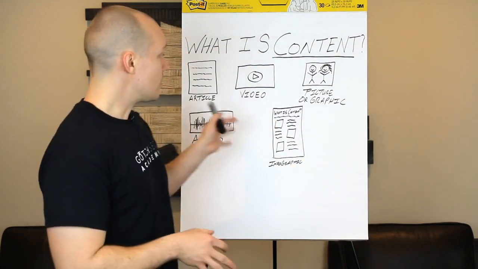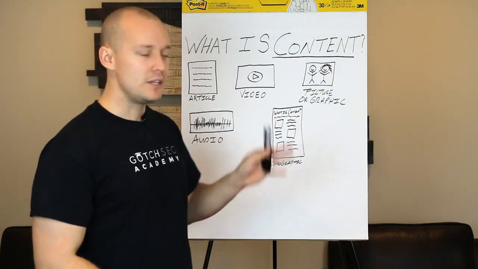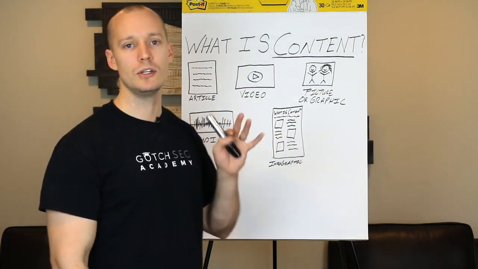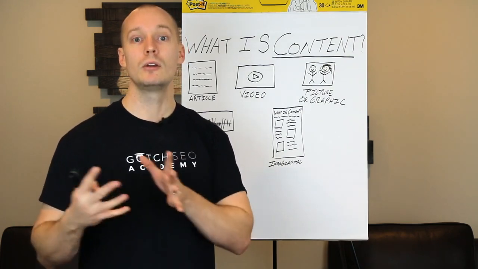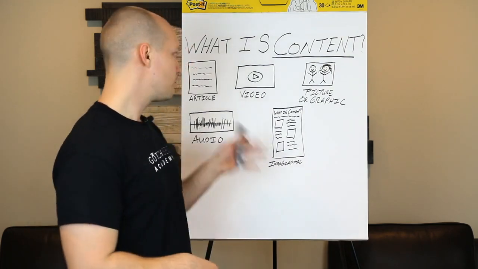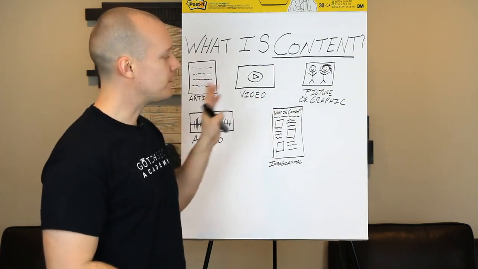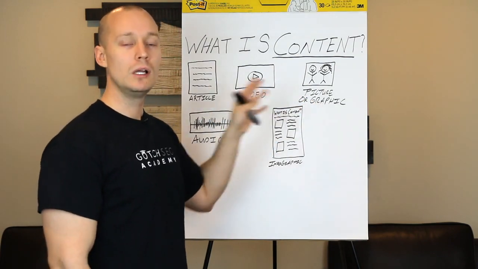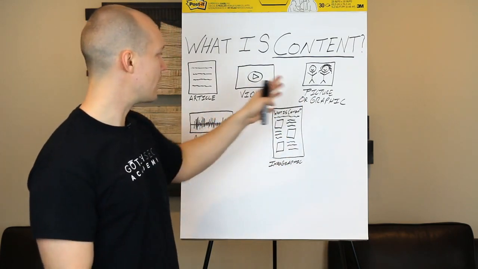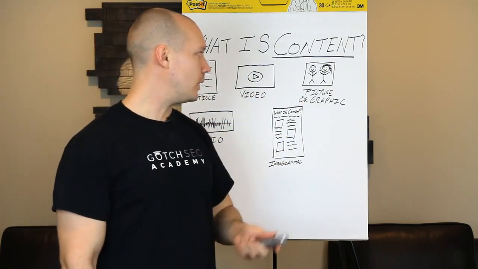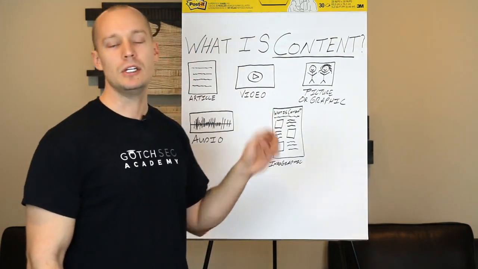So these are the main content types you need to understand, and these are going to be the main types of content that you're going to be creating as far as your SEO content goes, and even creating link bait as well. So pretty much these 5, pretty much any type of content online is going to fall under one of these categories. Of course, there are micro categories for each of these, but these are the main 5 that you need to understand.